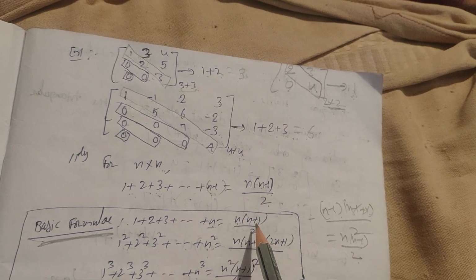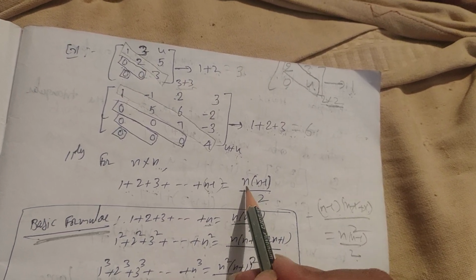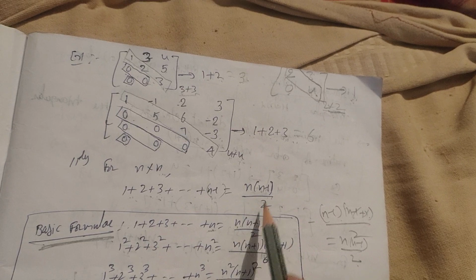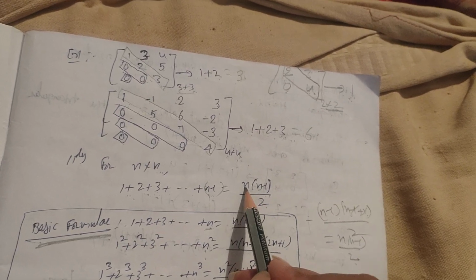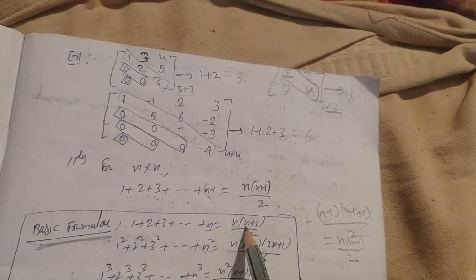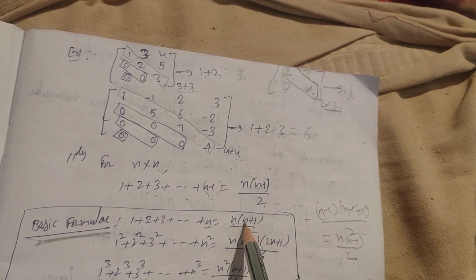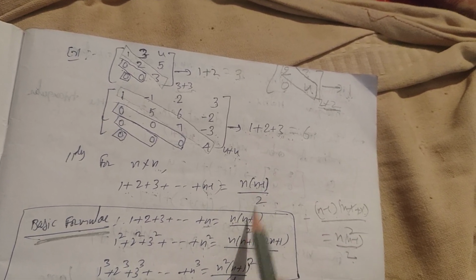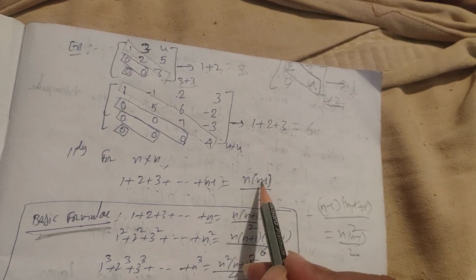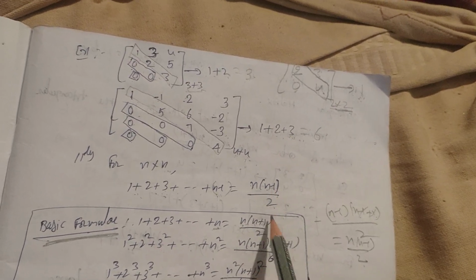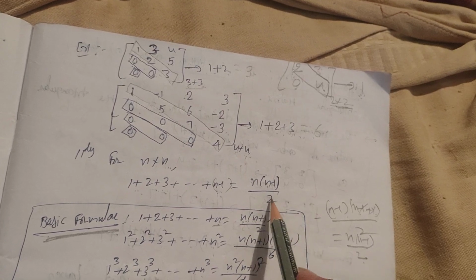And in the place of n plus 1, I should write n minus 1. If I write here n minus 1, n minus 1 plus 1, the minus 1 plus 1 get cancelled, and we only have n. For this position it gives this n. For this position you get n minus 1 by 2.